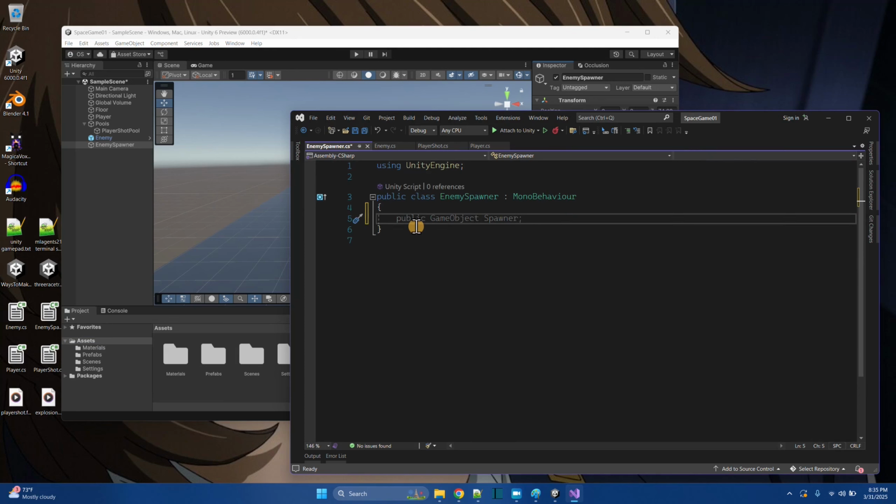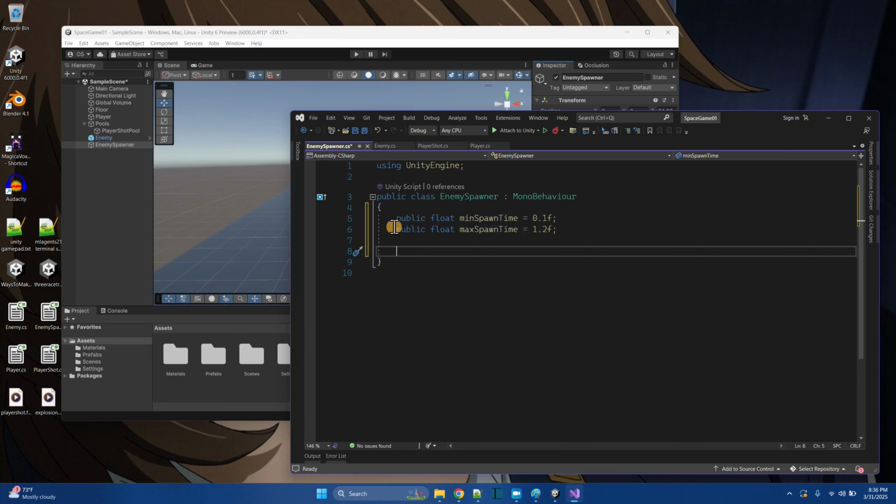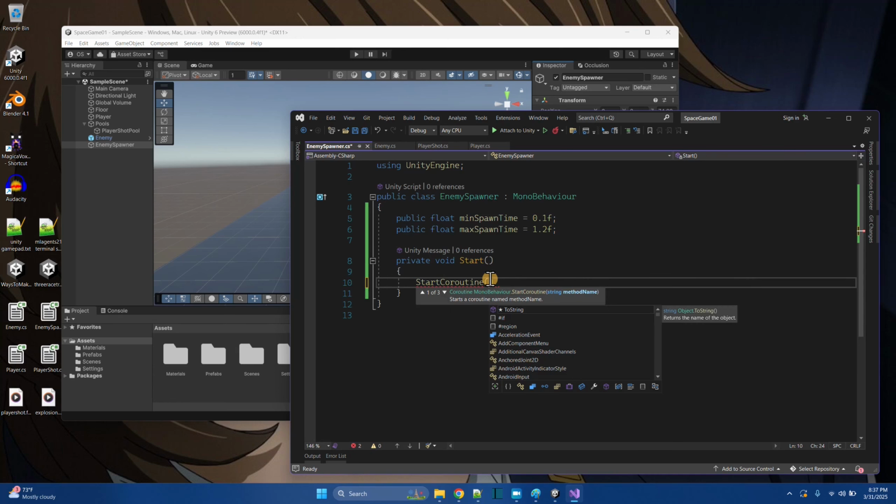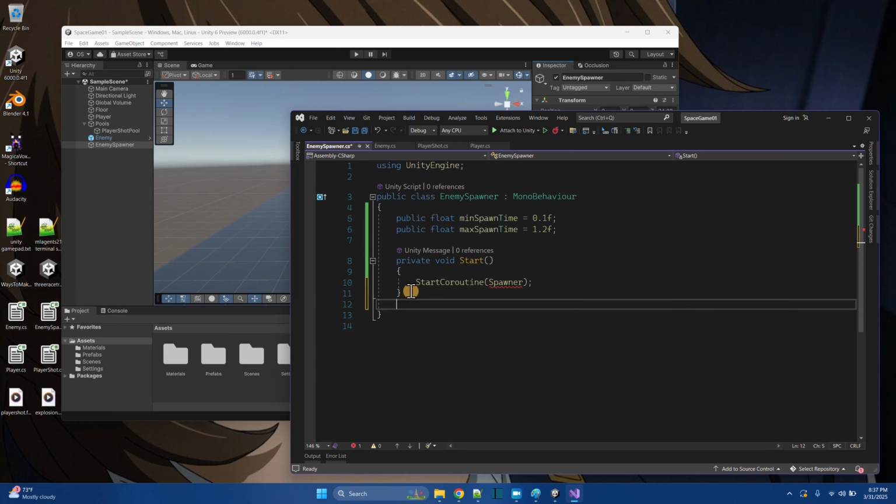So I need a min spawn time and a max spawn time. Public float min spawn time, and I'll say the minimum is 0.1. And over here, public float max spawn time equals, I'll just say 1.2. How do I call for something to spawn every so often? Let's do the start function. I think here what I'll do is start a coroutine, and it's going to call some function I'm going to write called spawner. So it's a coroutine function, so it's like